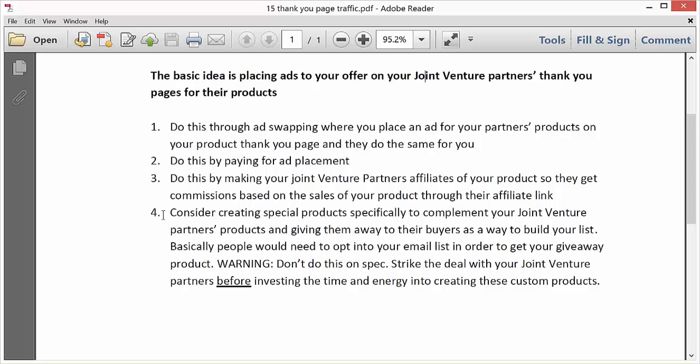So this is a kind of a variation on the idea where you're actually giving away a product. And in this case, since there wouldn't be any commissions, because you'd be doing it as a giveaway, you'd probably be doing this as an ad swapping, or you'd be paying for the ad placement. But basically you're looking at your joint venture partner's product and you're finding something that you could create that would be a complement to their product